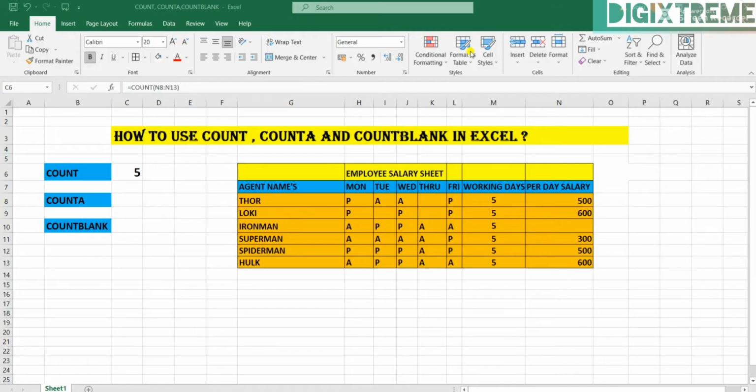Hi everyone. In this tutorial, I'll show you the uses of COUNT, COUNTA and COUNTBLANK in Excel. The COUNT formula is specially designed to count numbers in a specific data range, but it ignores text and other non-numeric data. Alright, let me show you